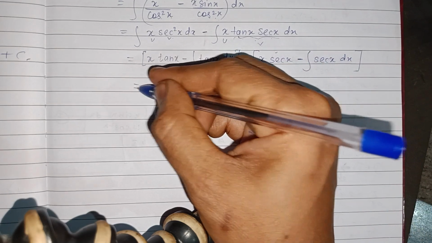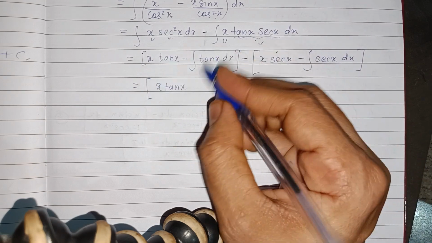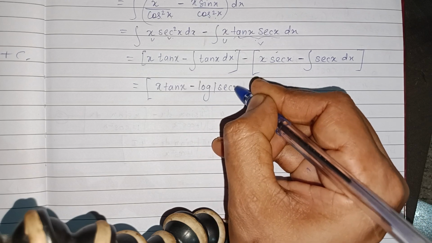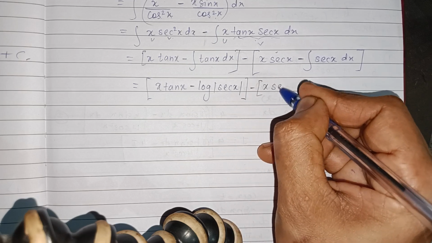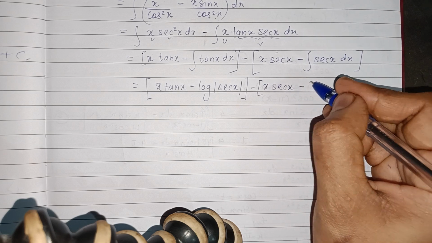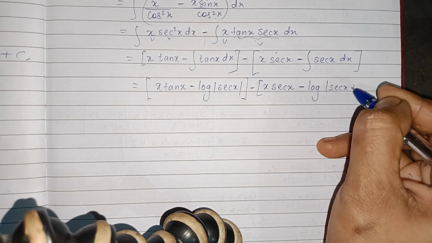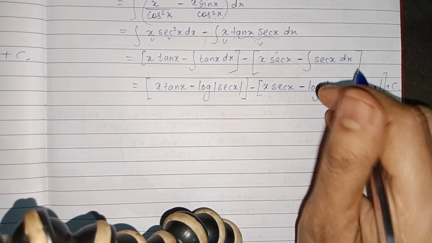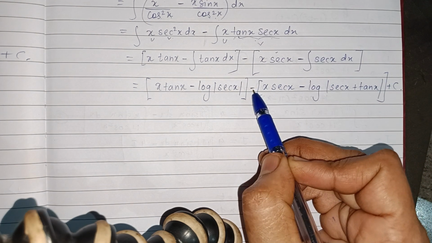Okay, so this is x tan x. Integral of tan x is log mod sec x. Integral of sec x is log of sec x plus tan x plus c. Okay,